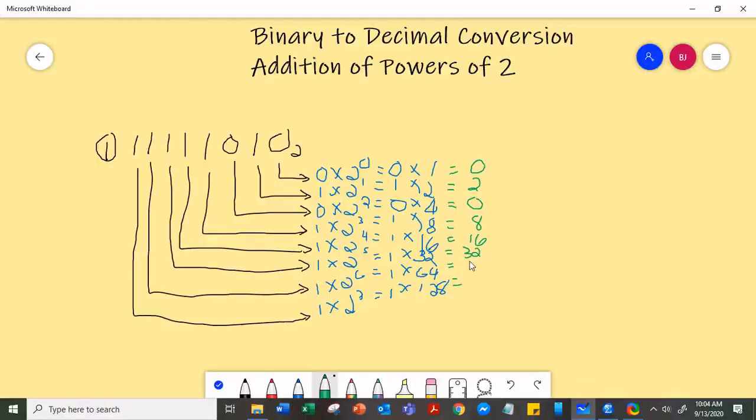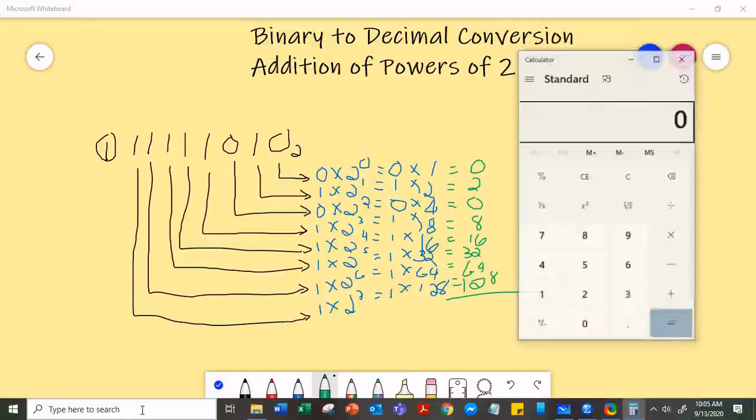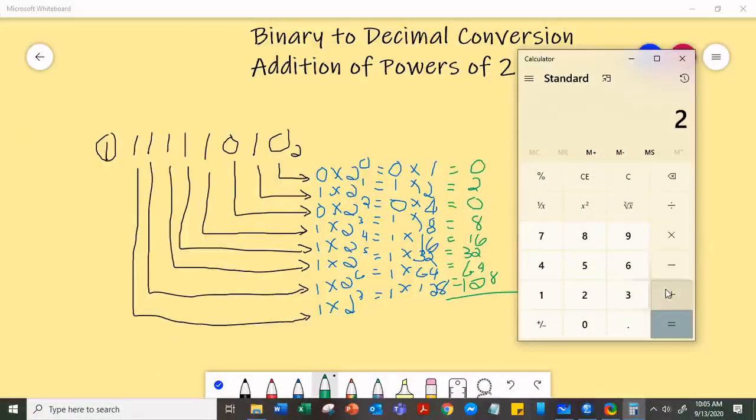32, 64, and 128. So we have what we have left here. So we just add all of them together. Okay. So let's use our calculator here. So we have 2 plus 8 plus 16 plus 32 plus 64 plus 128, which gives us